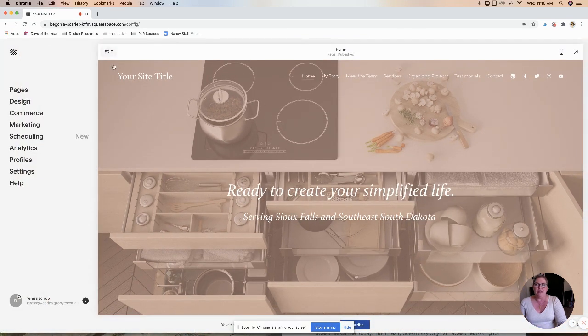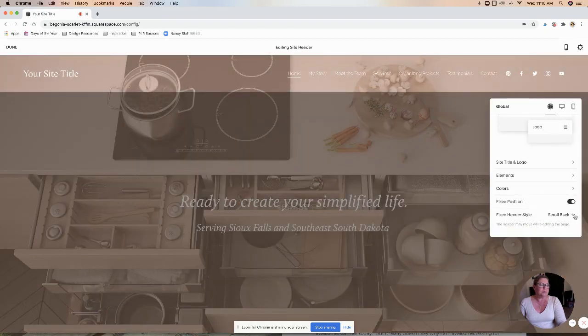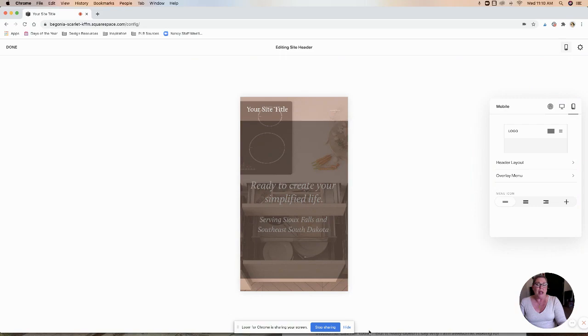So I think that is about it. Let's go in and take a quick look. Yep, and then again, you have those features specific to the desktop and the mobile. So I hope that